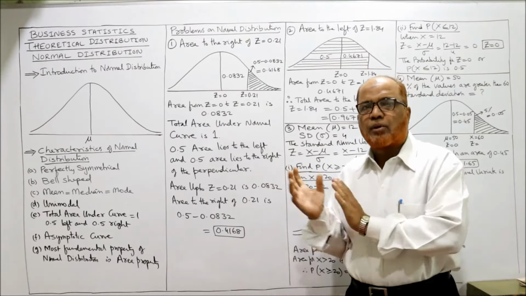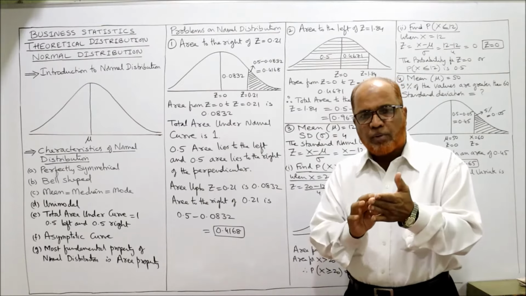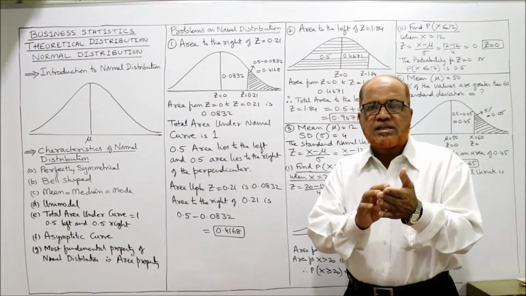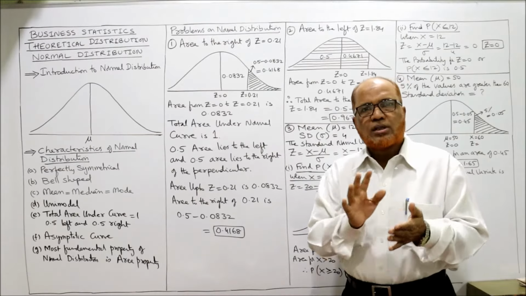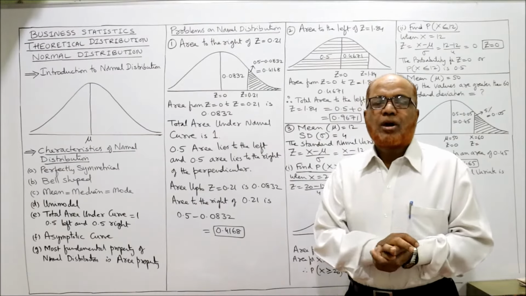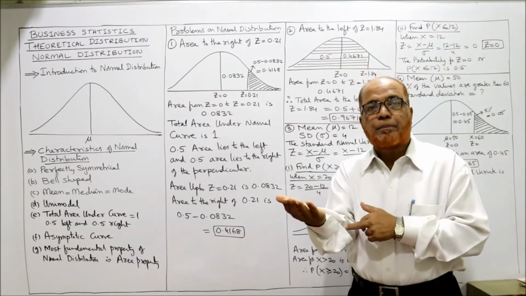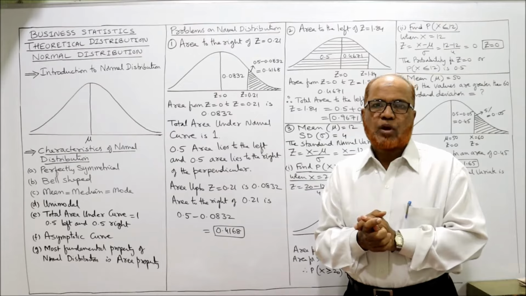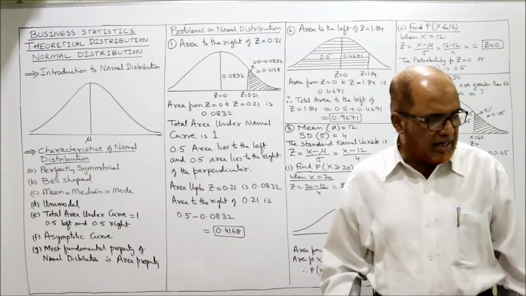Then only you will be able to refer to it and solve the problem. In an examination, in the problem itself, they will give you that this is the area from z equal to 0 to z equal to so and so. Now, if it is not given in the problem, you must have the printout of that area table. So if you refer to the area table,